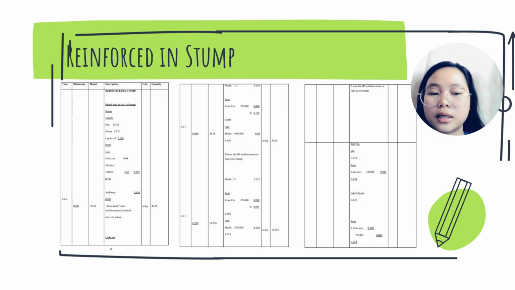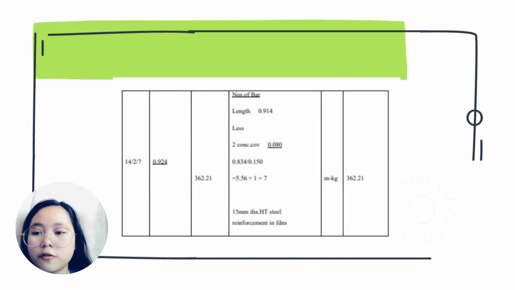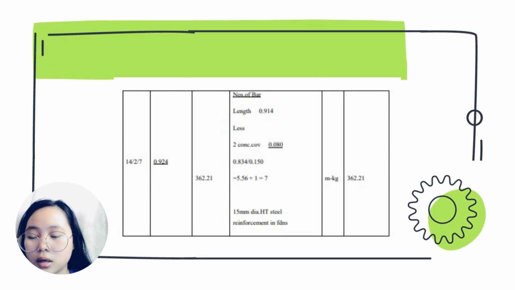14.256 meter kilogram. For the numbers of bars, the length deducted with 2 concrete cover, which is 0.080, multiplied by 14, 2 and 7, so we get 15 mm diameter HT steel reinforcement in foundation is